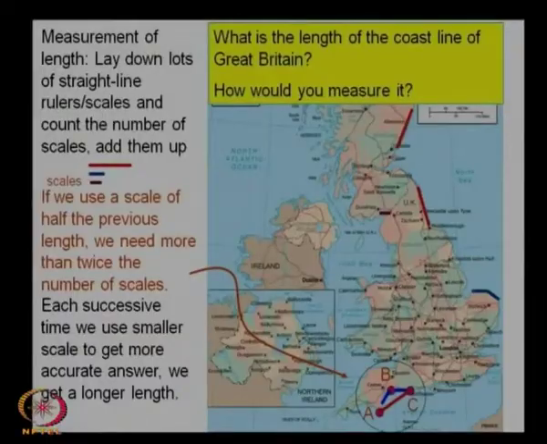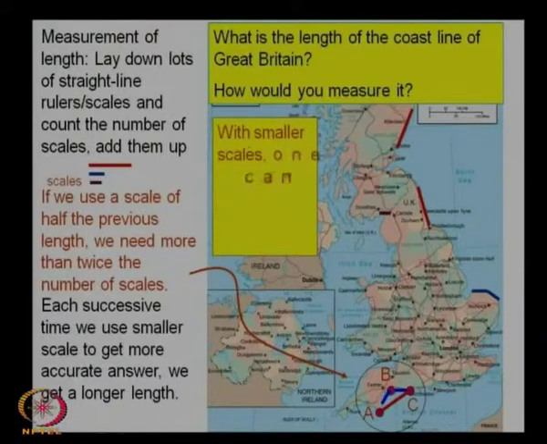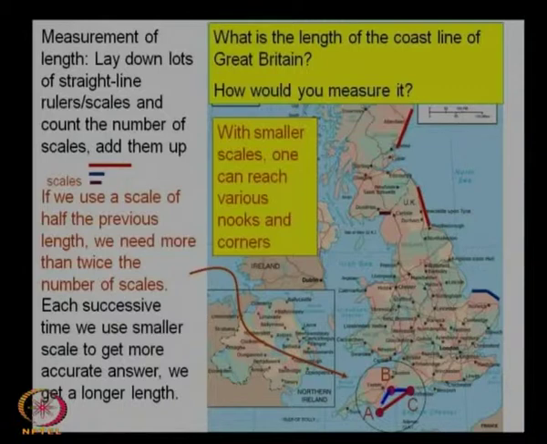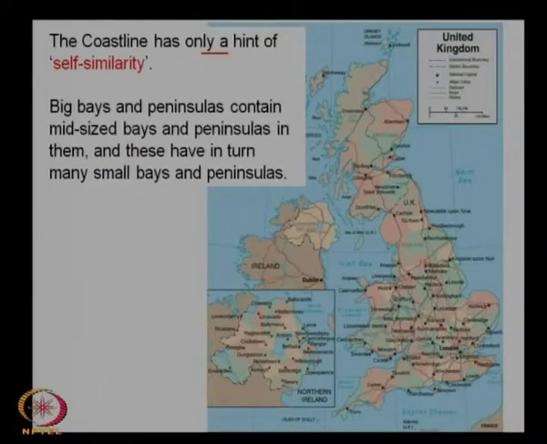okay. Now that is the suspicion, but you have to be careful, because in this case you are dealing with a physical coastline. This is not like the Koch curve, which is a mathematical object, okay. So let us deal with it a little more rigorously: when you start covering these nooks and corners, you can get smaller scales and you need more of them, but the essential point over here is that when you talk about a coastline,